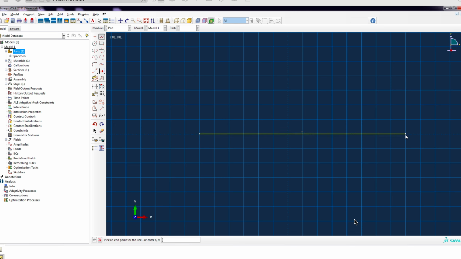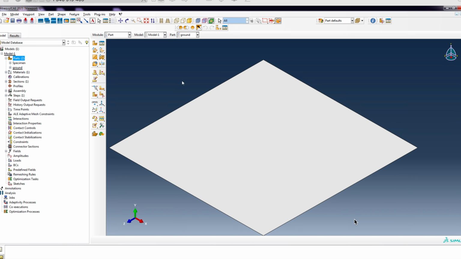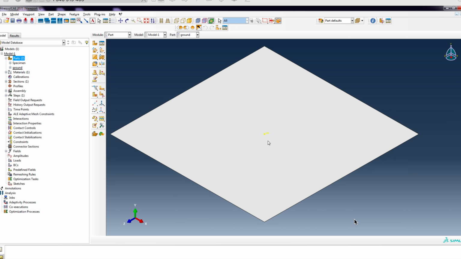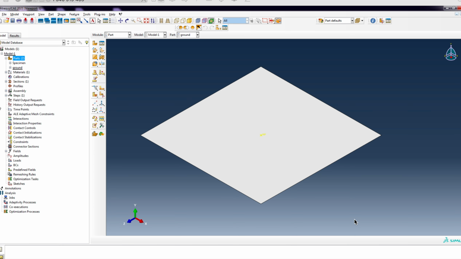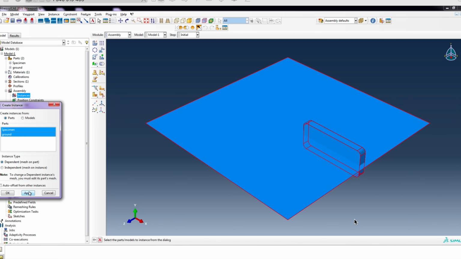Just draw a line, and let's say that this is 200 millimeters, and let's quit sketch. This is the ground floor. We will also need a reference point on this surface because it will help us assign the boundary condition. So this is the reference point, the yellow on the middle of the surface. Okay, now let's create the instance including both parts, auto offset,